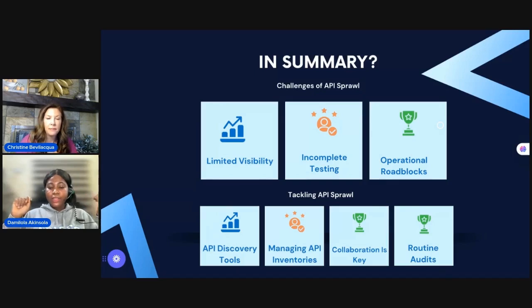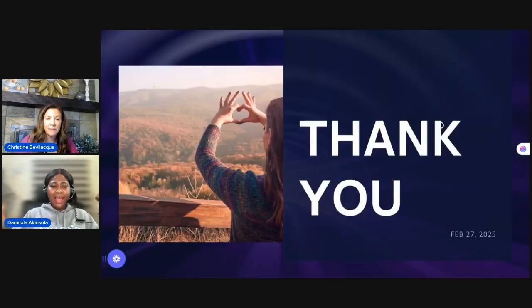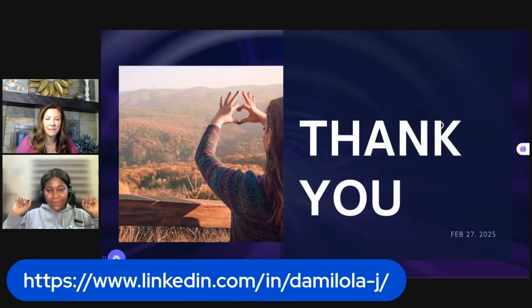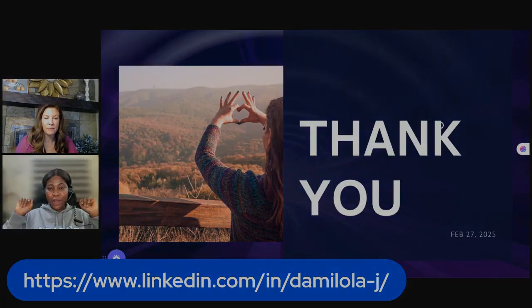Then routine audits, which can be done periodically, depending on your environment. It's important to conduct routine audits because with them you get to see what's missing and what needs to be added. Do you have APIs that you need to deprecate? Do you have APIs you need to strengthen the security of? That's basically everything you need to know. And with that, I hope I've been able to convince you and not confuse you that API sprawl is so important and you should start paying attention to it if you're not already doing so.